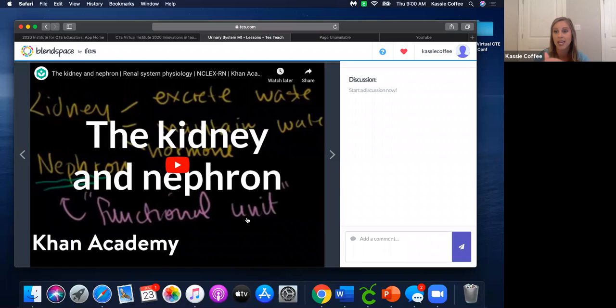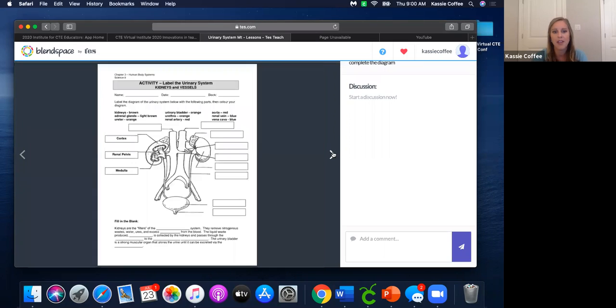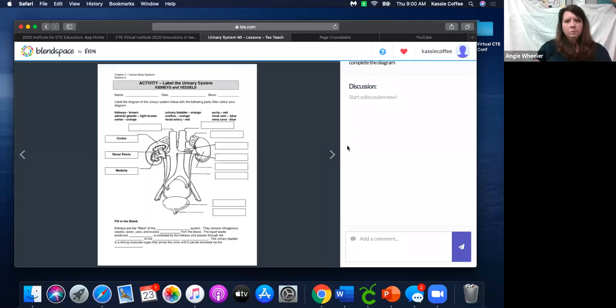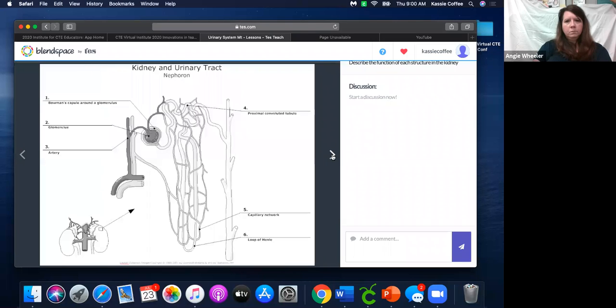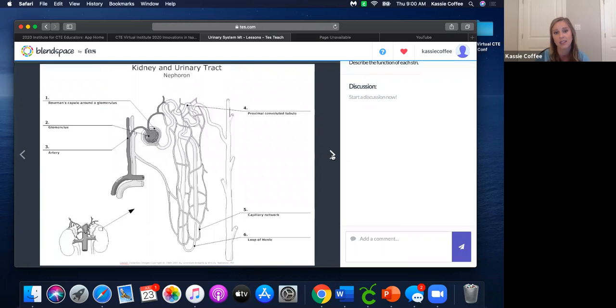And they would have to actually take the notes with this and then submit the notes in Google Slides or Google Classroom or Google Notes, whatever, Google Sheets. And then from there, I would have a worksheet that they would have to do as well, always labeling and function, since it's more of an anatomical aspect to the class than anything. So as you can see there, that would be the worksheet that I would have with it. That was the nephron loop that I knew that they would struggle with. So I also added an infographic specifically on that.